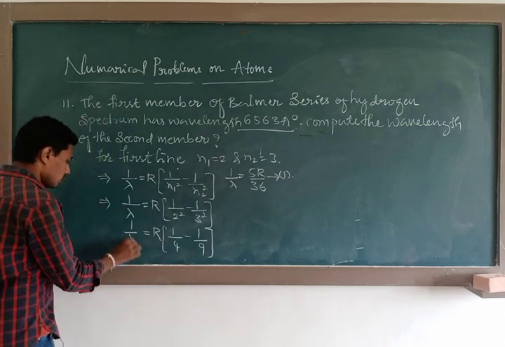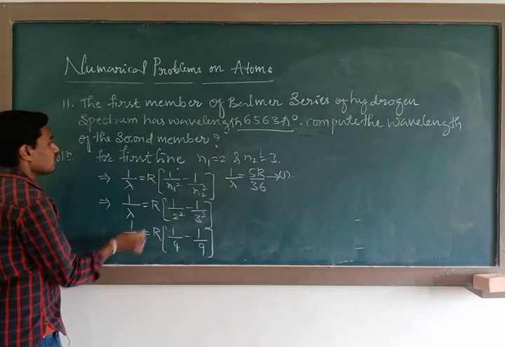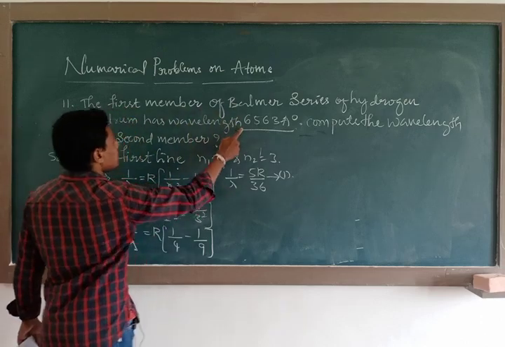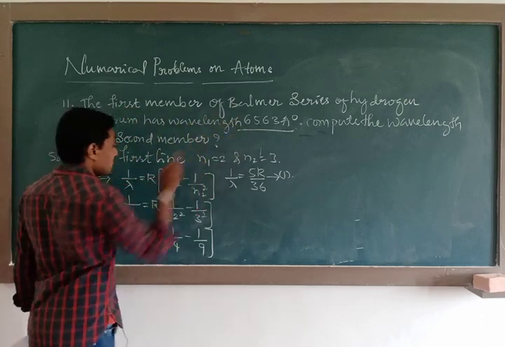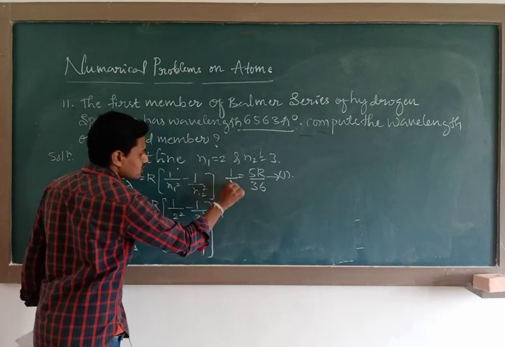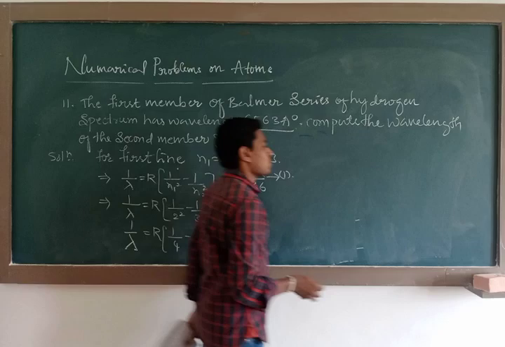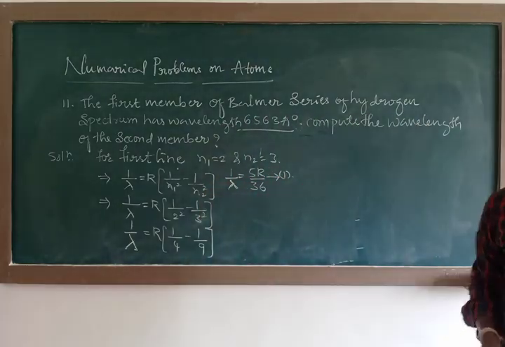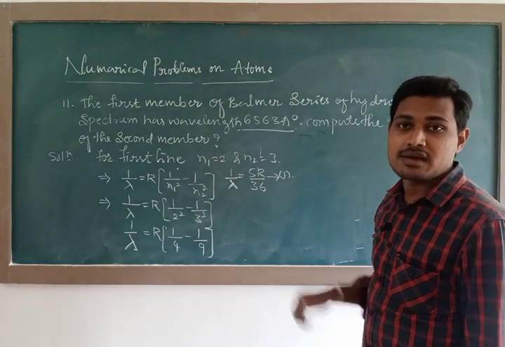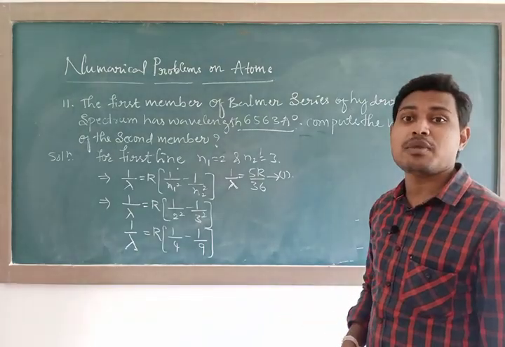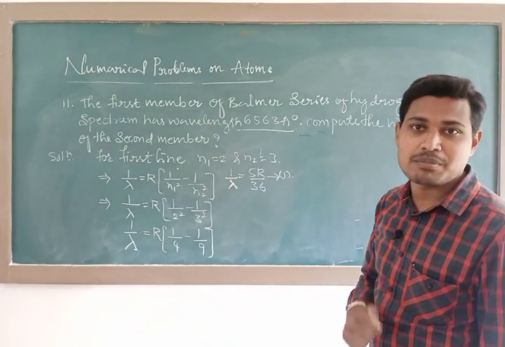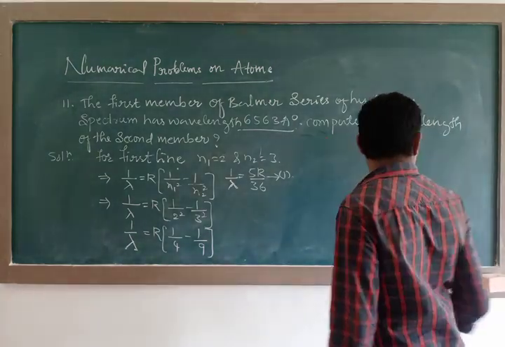And remember, this is the wavelength of the first line, that is the first member of Balmer series, and that wavelength is given. Later on I will substitute here. Before that, you call this equation number 1. Then next, what we need to find here? The wavelength of the second member. What is the condition for second member? See, for second line,